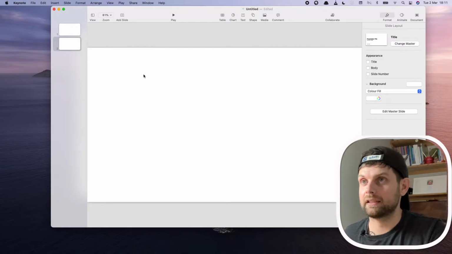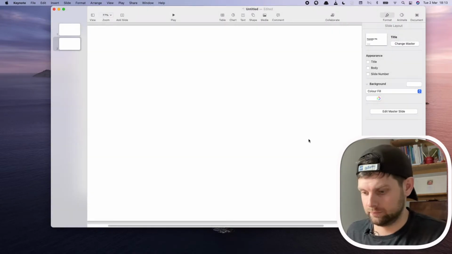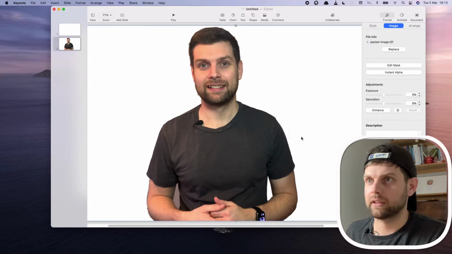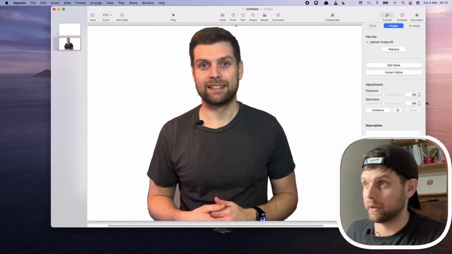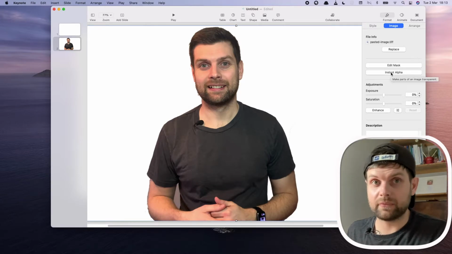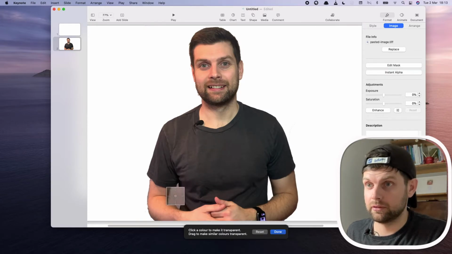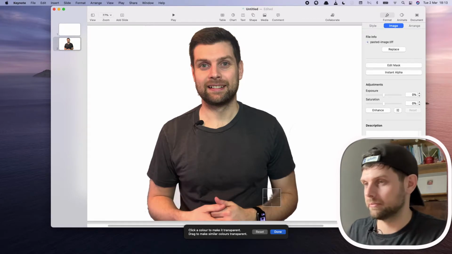So if we paste in our outfit image, that's a lot better. As you see, I've missed out this bit here. So this is where we can use the Instant Alpha tool. And it works. I feel like it works better in Keynote. I'm not quite sure why, but